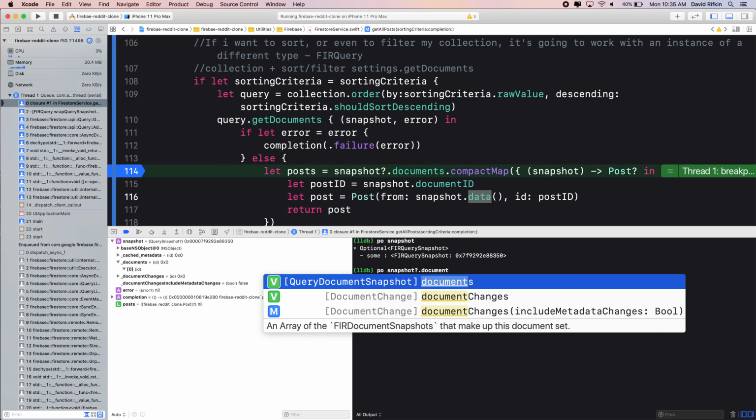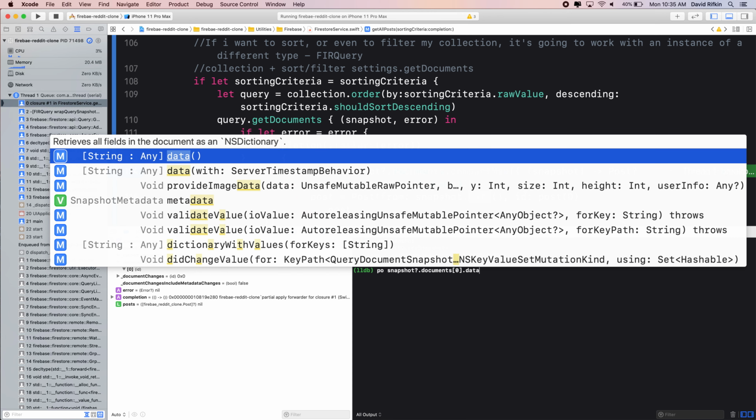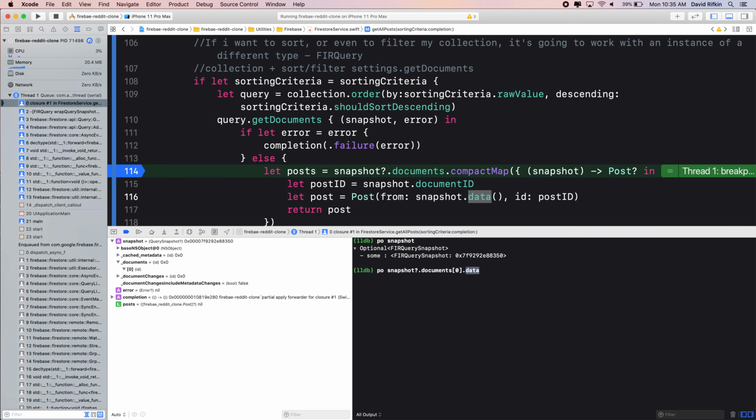query document snapshot. We don't really know how to use that. But the way we can use it, which they've built in for us, is to use it specifically as a dictionary where everything is a key, every key is a string, and then the type is Any for any value. So I can use it in a very flexible way. Honestly, if you wanted to know more about Snapshot, there is plenty more to know. But in terms of using Firestore,